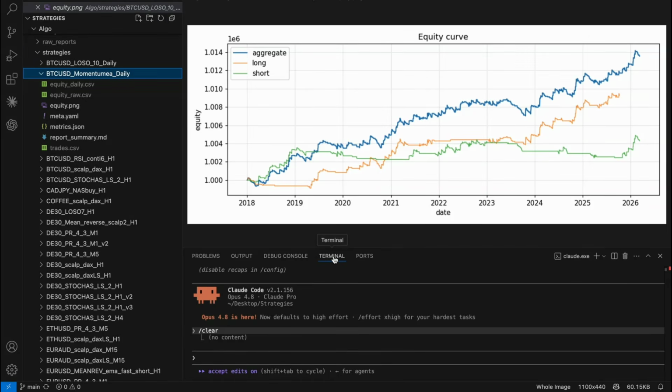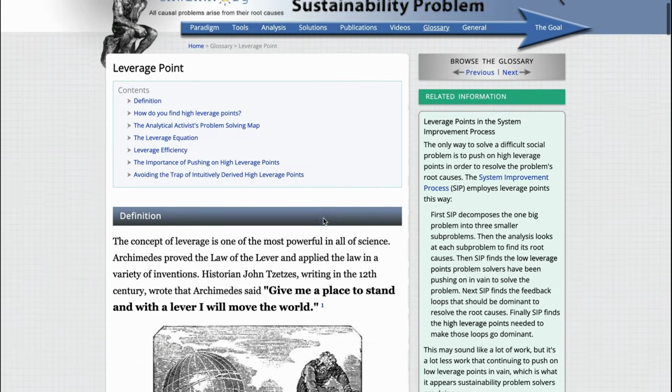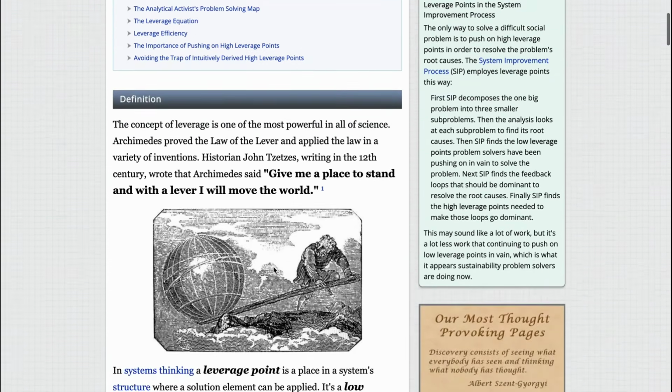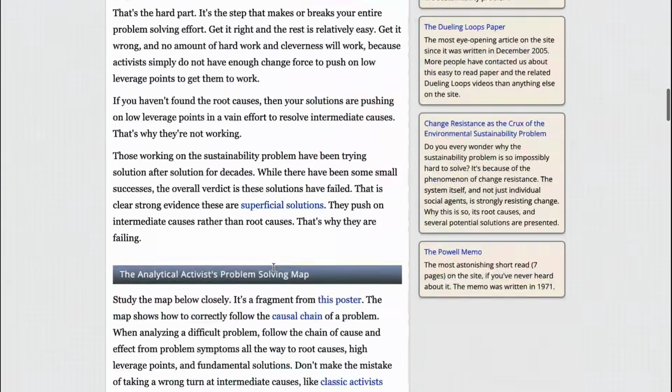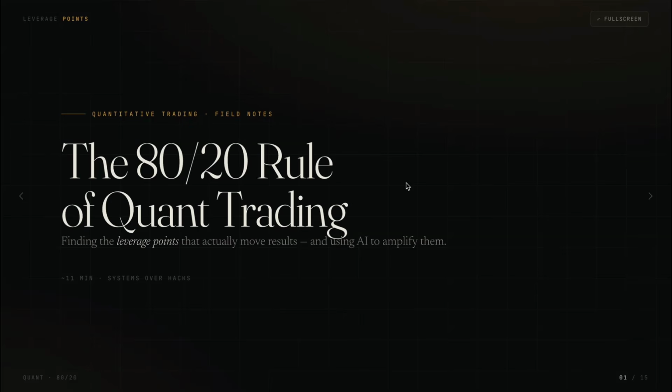But today we're going to see how I'm applying those concepts, because the main concepts are leverage point and Pareto principle. So today we're going to see how this applies to quant trading. For example, why I'm saying leverage points are important. This is a random page on the internet I found. So let's start with the presentation of this video so you can understand the main concept here.